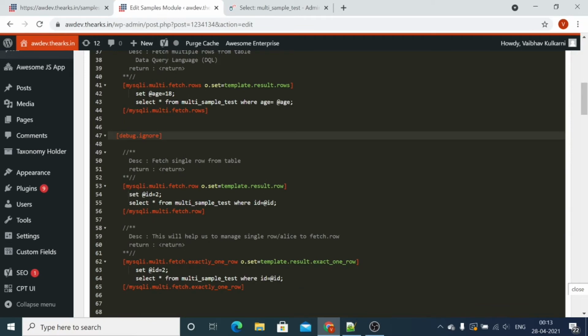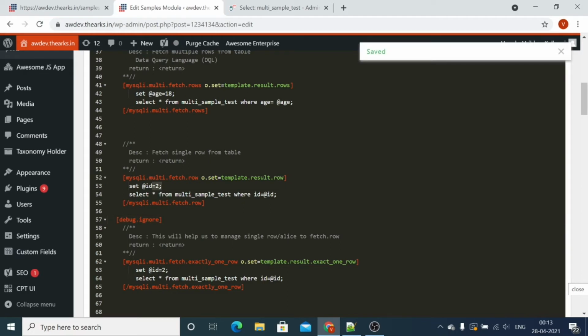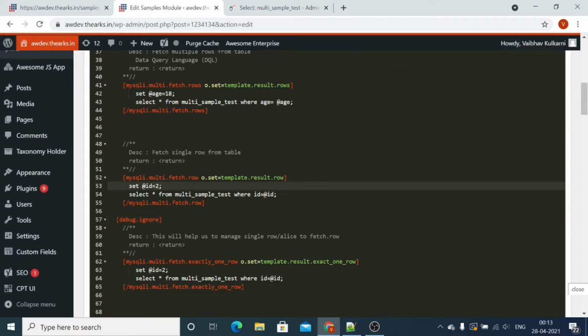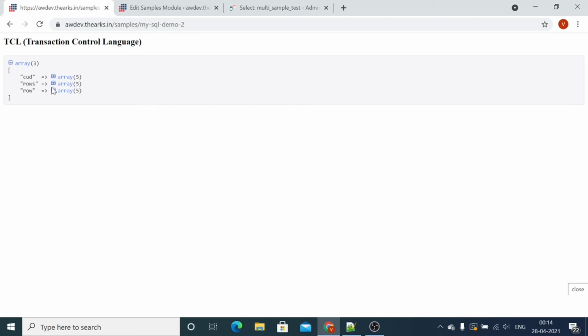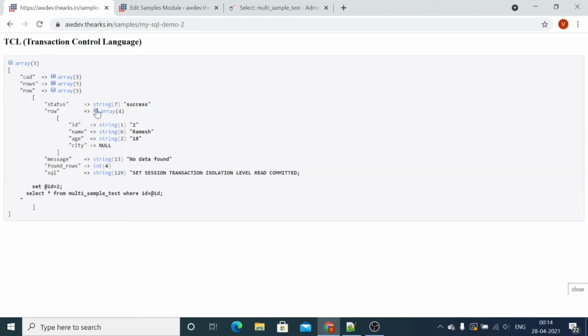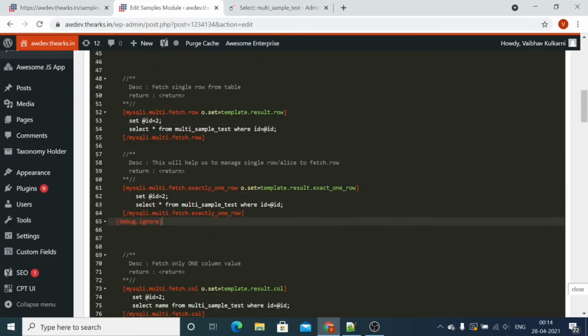Now let's check another one whose ID is 1. We are fetching the record. We are executing two queries. So let's go back and check. We have a row. It will fetch the single row whose ID is 2. Now let's check another.